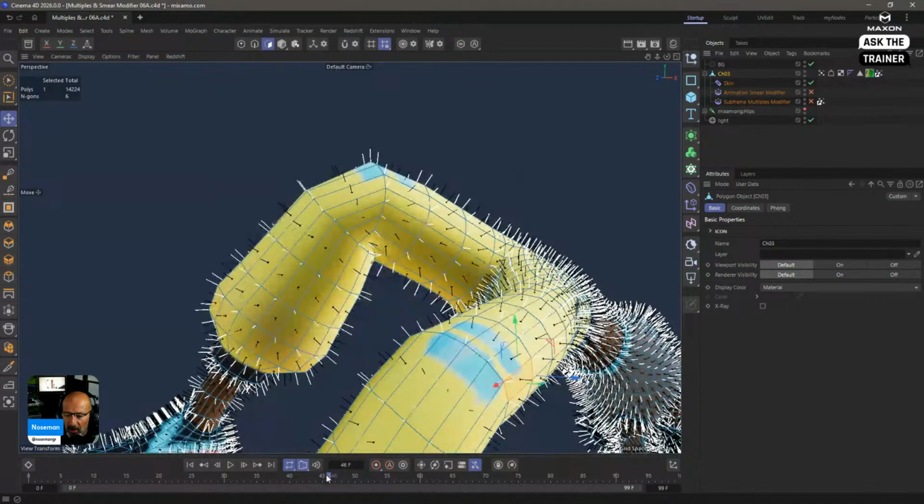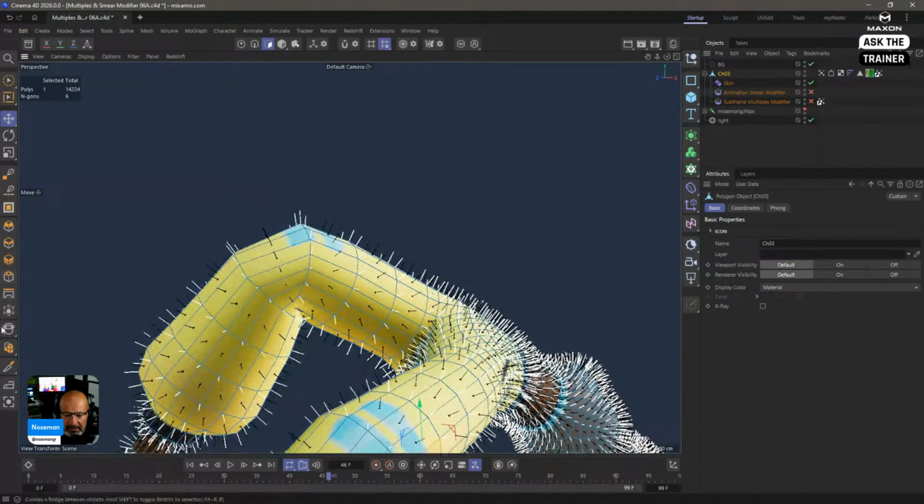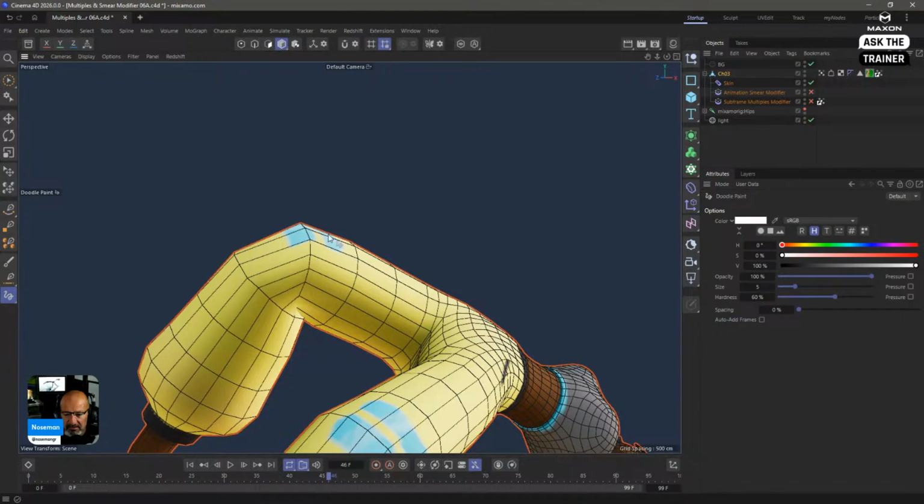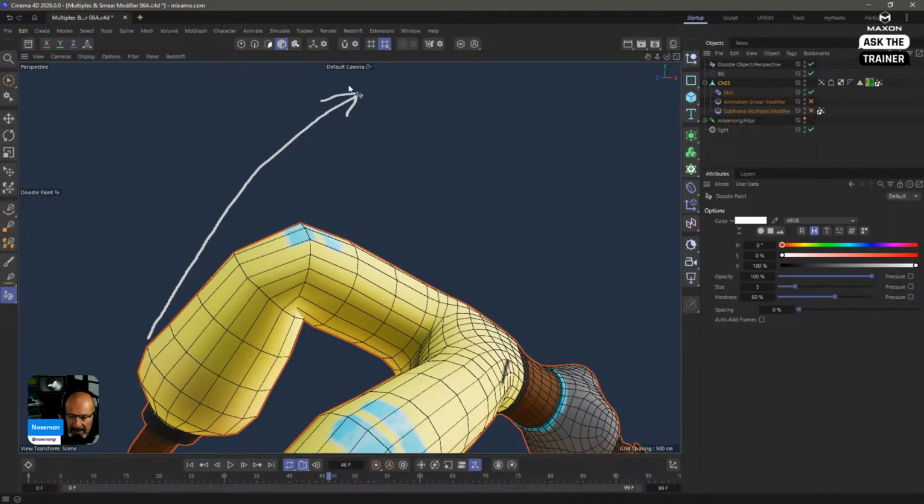So when we want to create some sort of smearing distortion like this, the whole model itself is moving in sort of a direction like this. Which naturally we need to tell it to move the polygons which are sort of facing in the direction of travel.